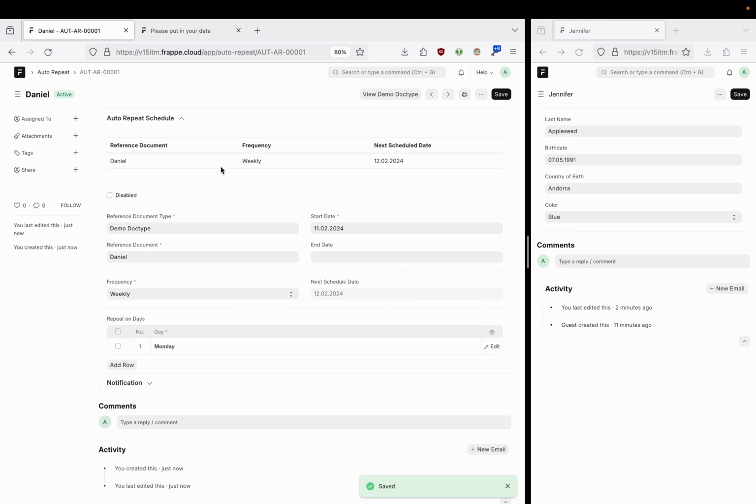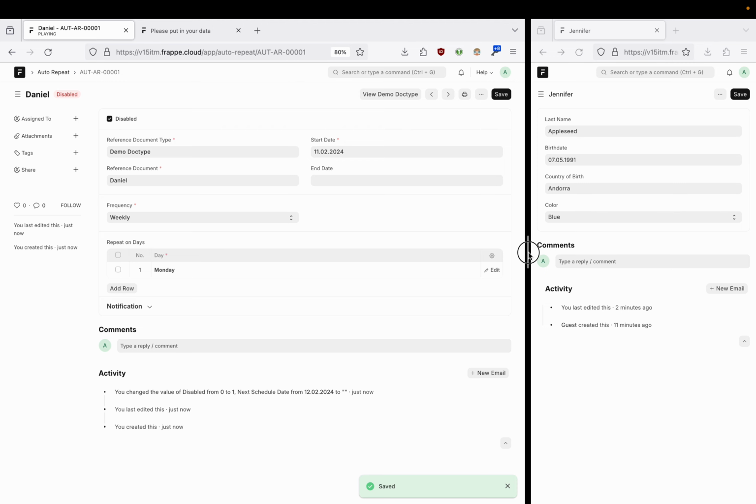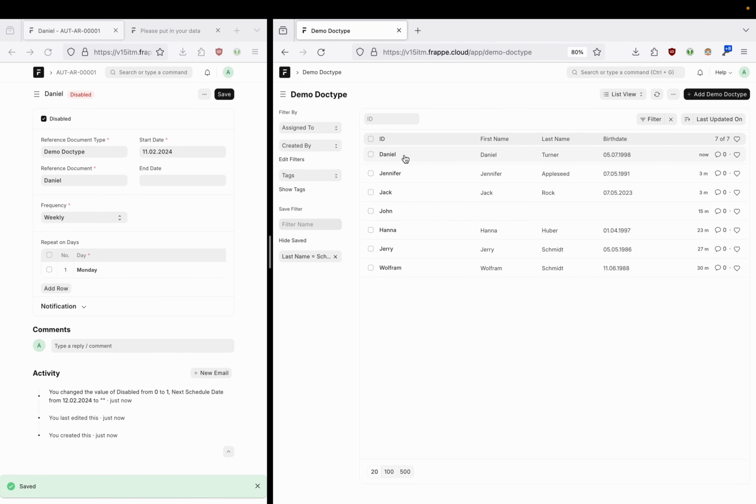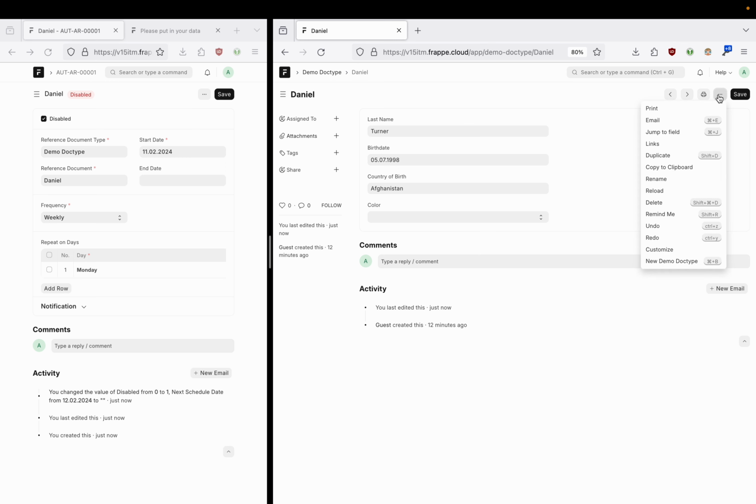I'm not sure if I can, so I won't be able to trigger this right now, because what happens is there's a so-called scheduled job which runs at midnight, and that will then create, you know, on this day will create the new entry. So also I'm going to disable this for now, because we don't need this running in this system and, you know, having a new Daniel record created every week. But basically what it does, just to give you an idea what will happen, is we have Daniel here, and basically what it does is goes here and just duplicates this data entry